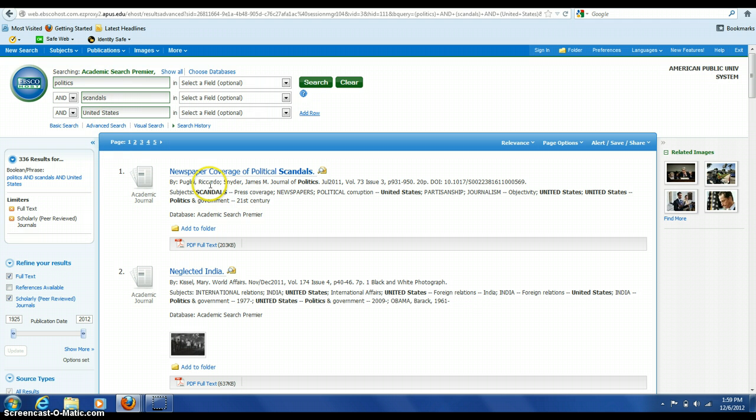But let's look at this first source here. Newspaper coverage of political scandals. Let's take a look at it. There are two authors listed here, and the authors are given, which is a good cue that this possibly could be a peer-reviewed source. It says right here, Journal of Politics, which shows that it is a journal. And also, I had clicked on full text and scholarly peer-reviewed journals, so most likely this will be a strong source. Let's go ahead and take a look at the PDF full text of this source